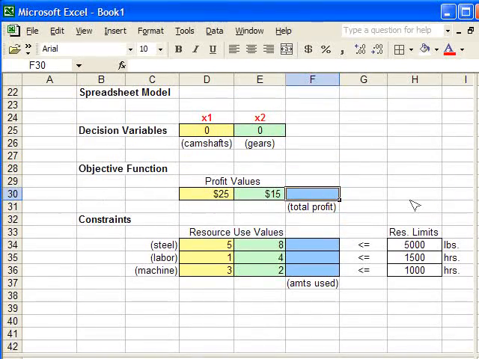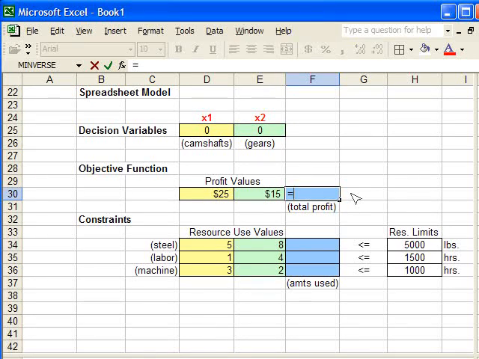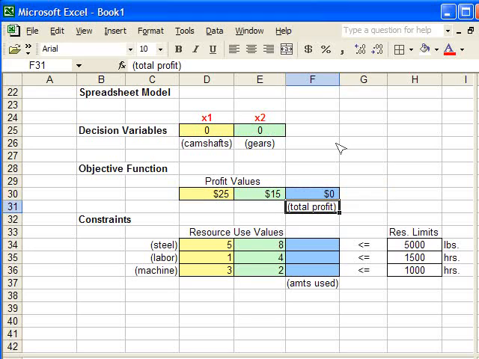I click in the cell, I push equals, and I click in this $25 cell, $25 times x1 plus $15 times x2, and I push enter. And of course, if I make 0 parts, I'm going to get $0 of profit, but